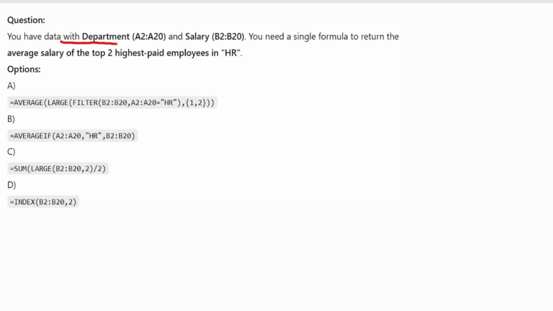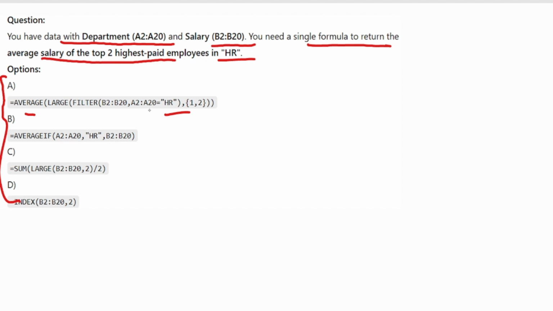You have data with department in A2 to A20 and salary in B2 to B20. You need a single formula to return the average salary of the top 2 highest paid employees in HR. What is the correct option here? So the correct option here is option number A, because option A filters the salary where the department equals HR, and LARGE picks the top 2, because we need the average of the top two highest paid employees.